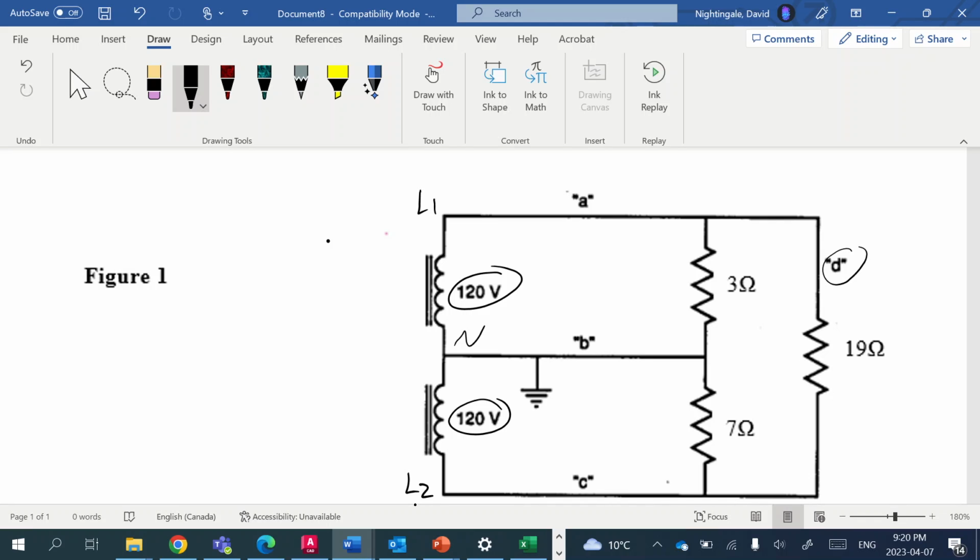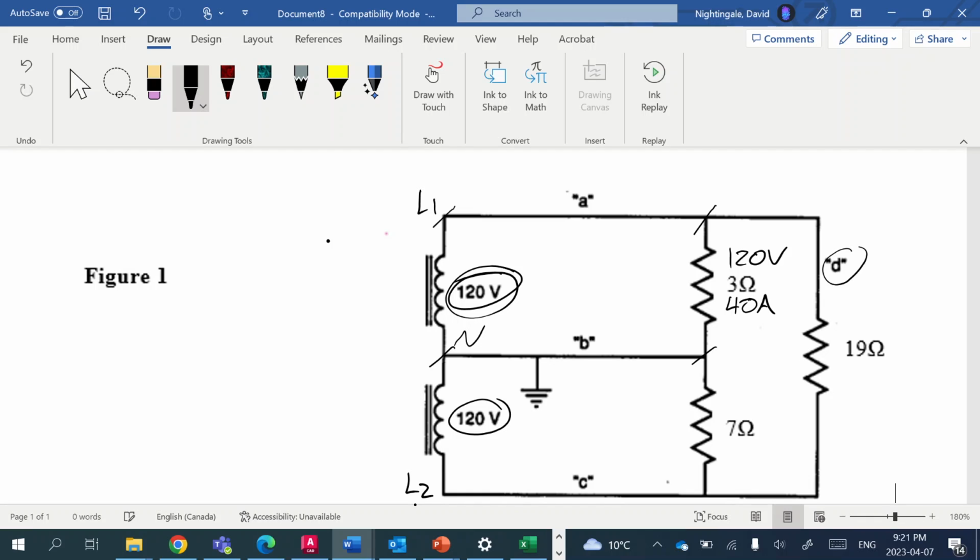So in a three-wire distribution circuit, we can see that this particular load, the 3 ohms here, is connected up to 120 volts, or right across this 120 volt part of the transformer. So this particular load then is going to see 120 volts. Because it has 120 volts across it and we know what the resistance is, we can figure out what the current is by dividing the resistance into the voltage, and we know that there is 40 amps going through that